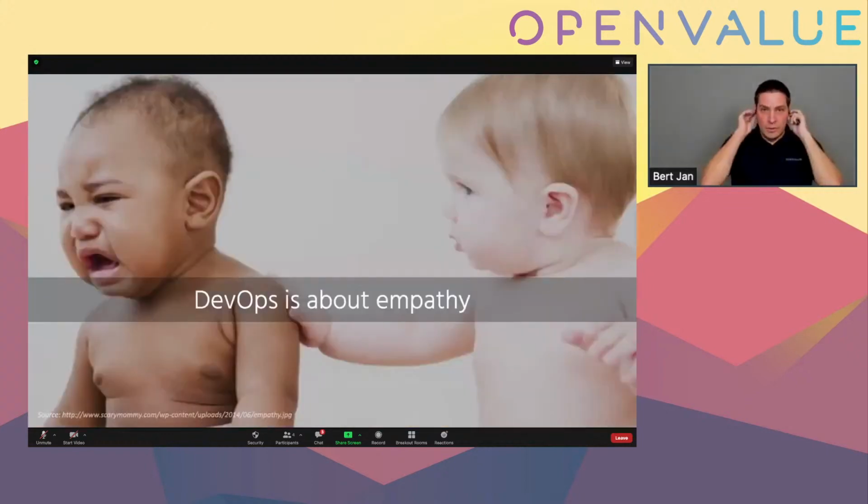I think mostly DevOps is about empathy. So empathy means being able to place yourself in somebody else's shoes and experience the world from their viewpoint. So DevOps means caring enough about your job to want to learn all the parts and not just your little world. Empathy allows you to see other teams as enablers rather than as blockers. So be likable, be approachable, and get stuff done. I'd say that's DevOps in a nutshell.